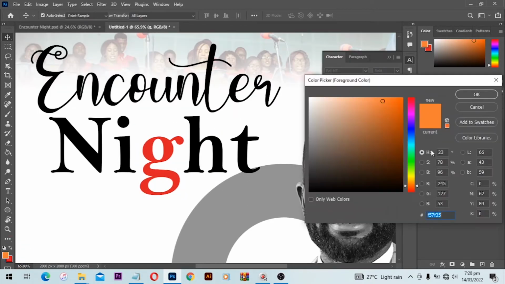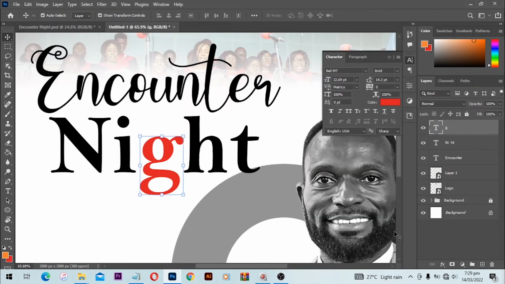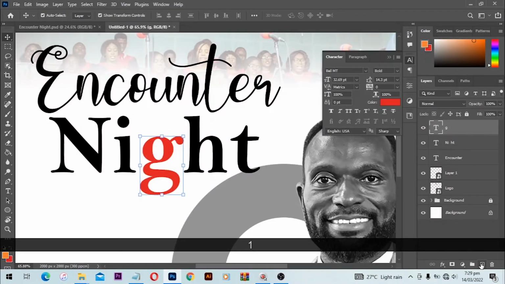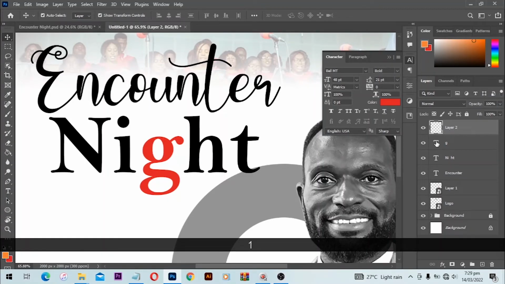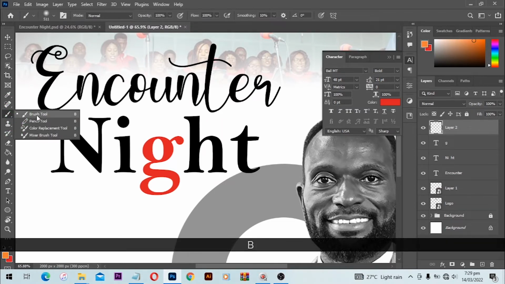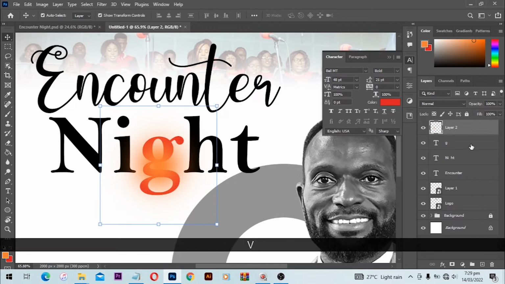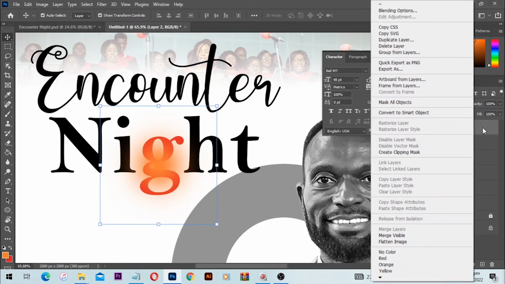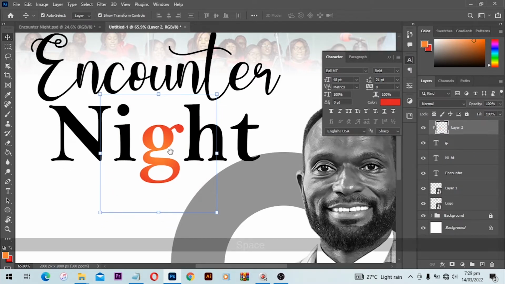Next, with this color selected, you can note down the color code, and with that I'll add a new layer. So you can see this plus here, click and you add a new layer over here. So with the layer selected, and with the help of your brush tool as well, select your brush tool, and then I'll make this one a little small. I'll click inside this one, and boom, I'm going to have an effect like this. Then I'll right click on this layer and you'll see Create Clipping Mask, and boom,